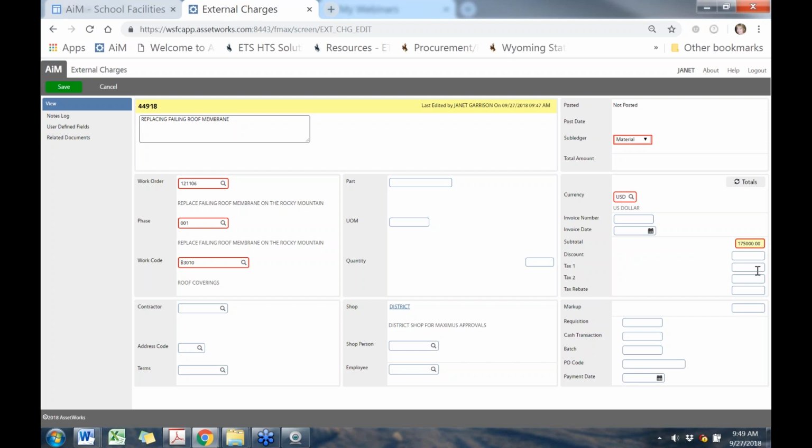And then let's see if I can move this little icon that's in my way here. And we're going to enter your requisition. Oh, after you enter your subtotal amounts, hit totals, and that's going to update your external charge. Don't forget to do that. And then your requisition is